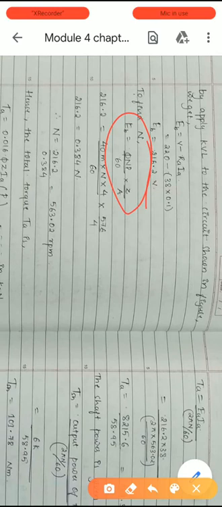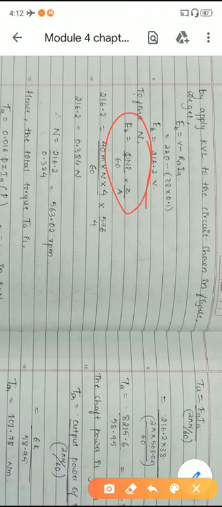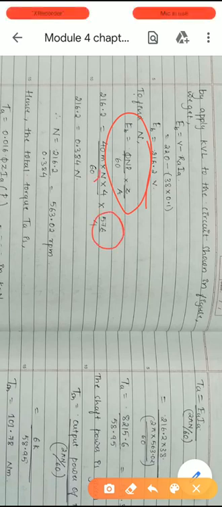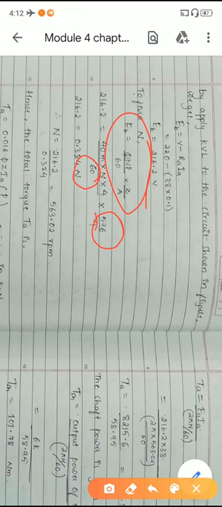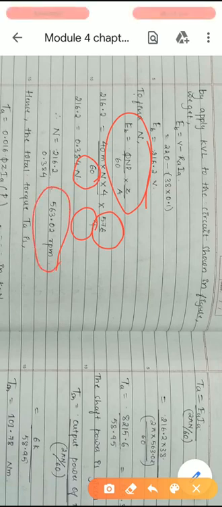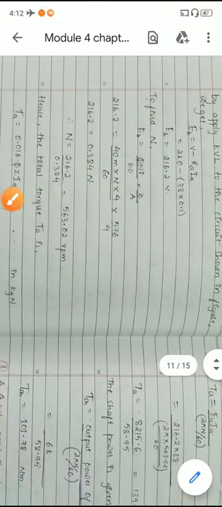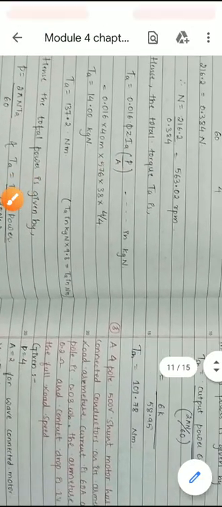EB is 216.2, phi they are given 40 milliwebers, N we don't know, keep as it is, P they are given 4, Z is 36 into 16, 576, 60 and A is equal to 4 because it is lap winding. Therefore, we will get N is equal to 563.02 RPM. Right? So, next we need to calculate total torque.